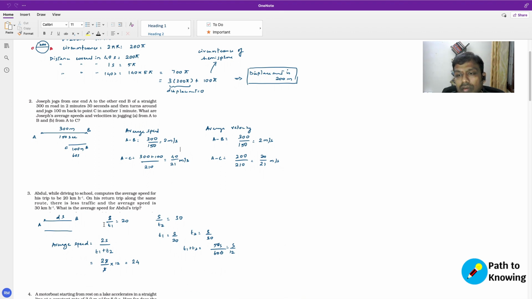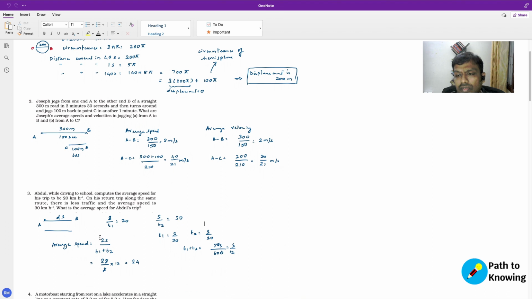Which means that the distance traveled over the time taken is 20. The speed is 20 in the morning, which means that the distance traveled, which is S, over the time that he normally takes, if we take it as T1, that speed is 20. And in the evening, the same distance, but he takes a different time because the speed is different. So we can take that S over T2 is actually 30. Right? So T1 is the time that he takes in the morning, and T2 is the time that he takes in the evening. So what is the average speed considering both morning and the evening,